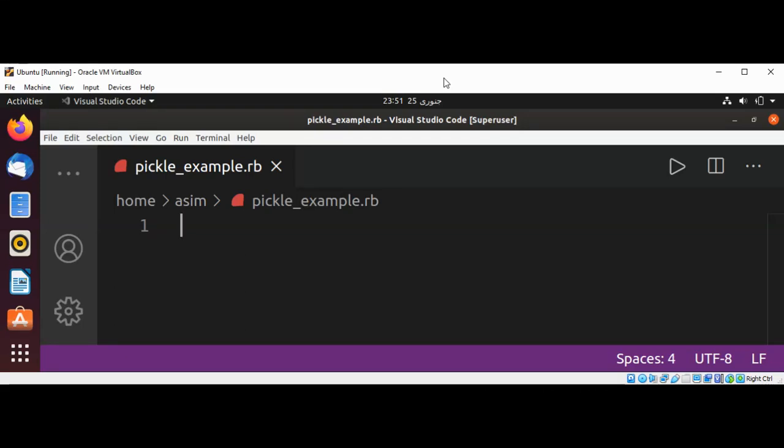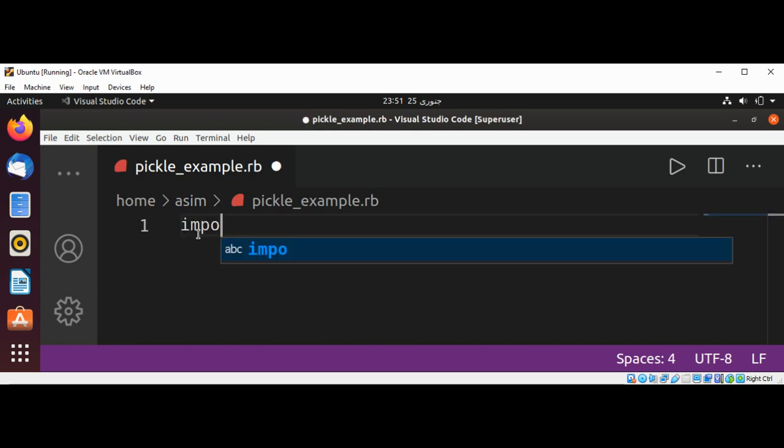In this video, we will learn how to serialize data with pickle in Python. The pickle module from the Python standard library offers tools to convert Python objects into byte streams and vice versa. Let's see an example of this module use. First, we are going to import